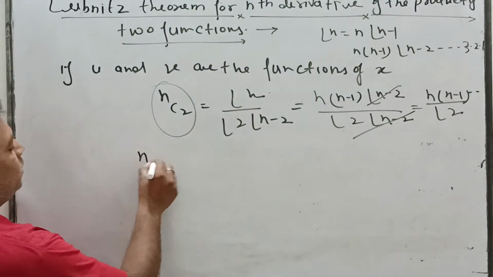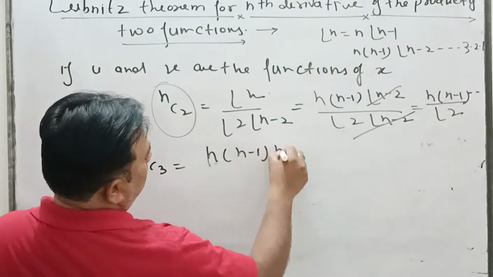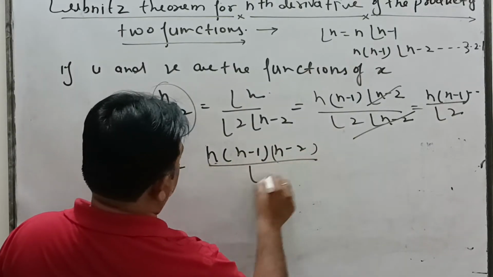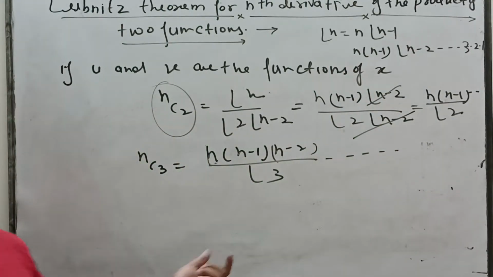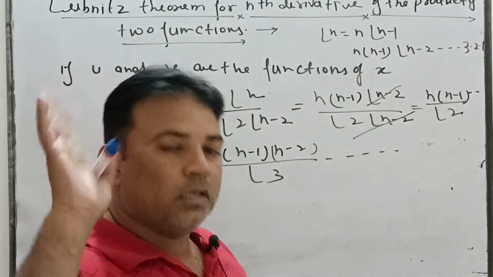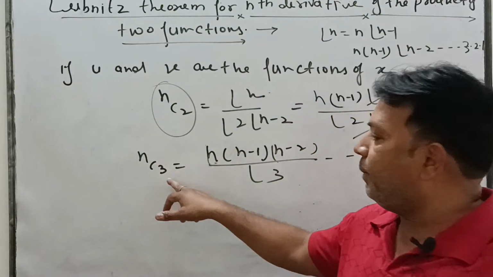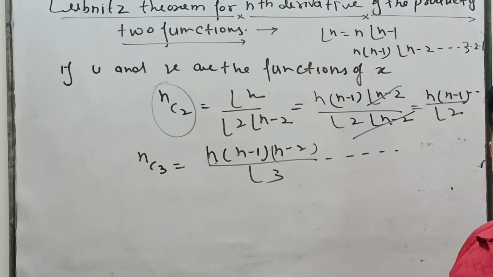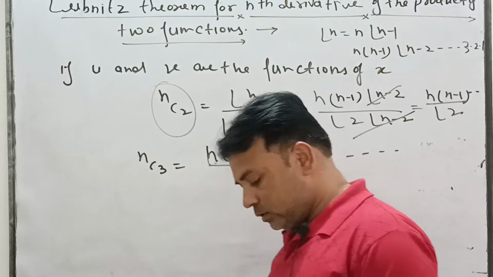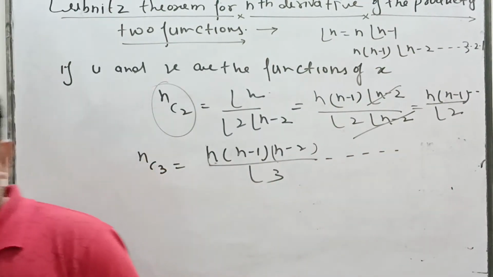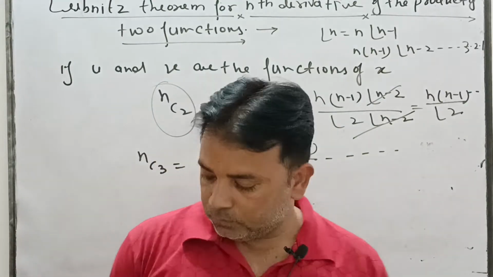Similarly for nC3: n(n minus 1)(n minus 2) divided by factorial of 3, and so on. You write all the values of nC3, nC4, nC5 and nC6. Most probably questions will come only with the maximum value of nC3. Do all of you understand? If you have any doubt, write in the comment box. I will discuss your problem in the next video. Please make a note.